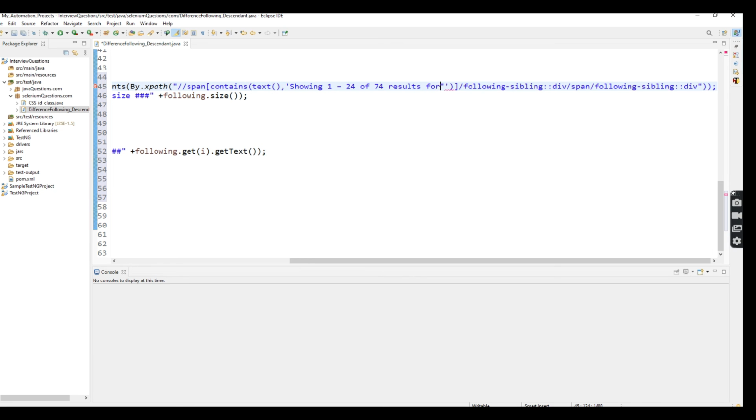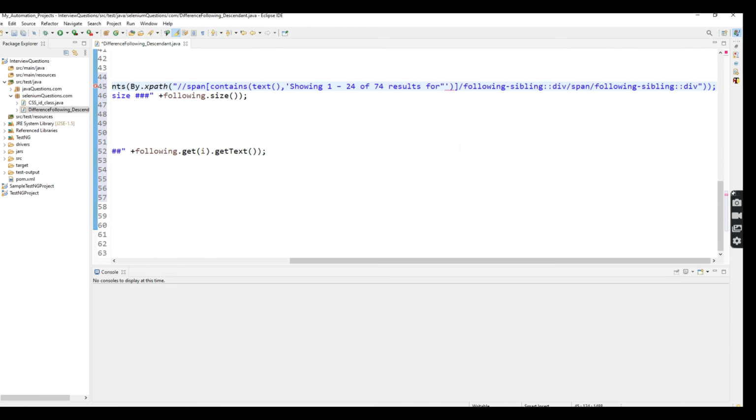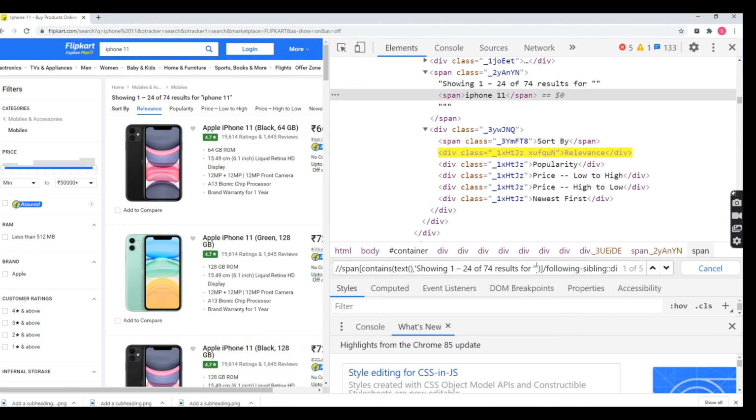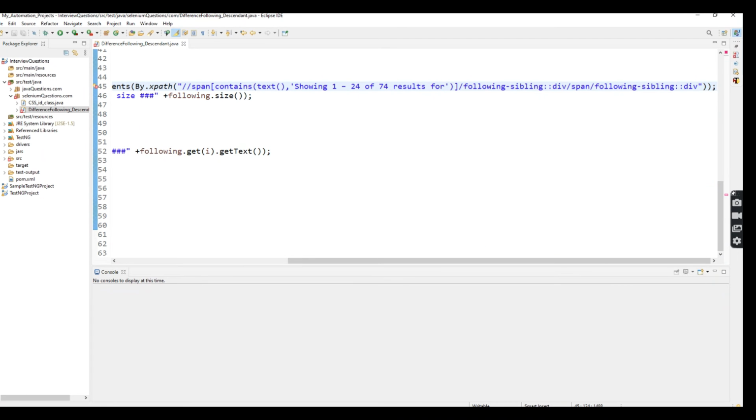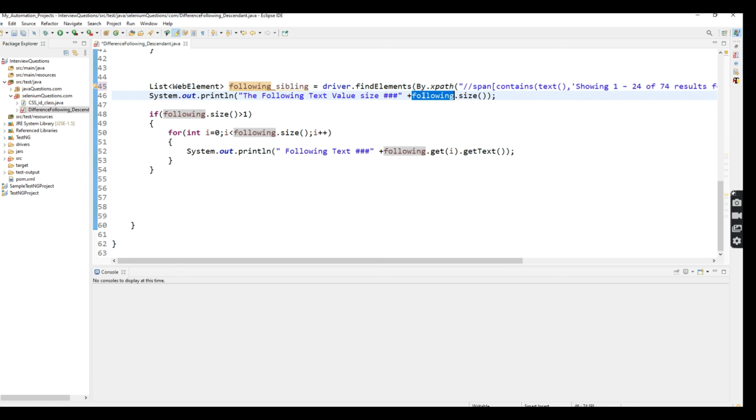Okay. So I'm going to use following sibling. Here I'm going to print the size, the following sibling size.